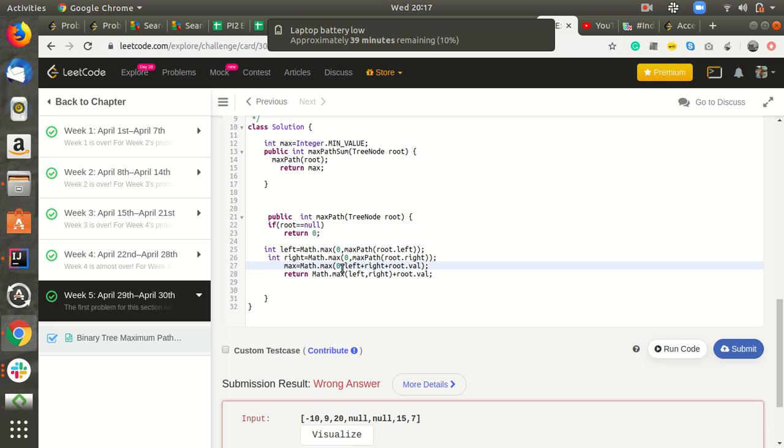Yes, this was wrong. It should be max and left plus right plus root.val. Let's submit it.